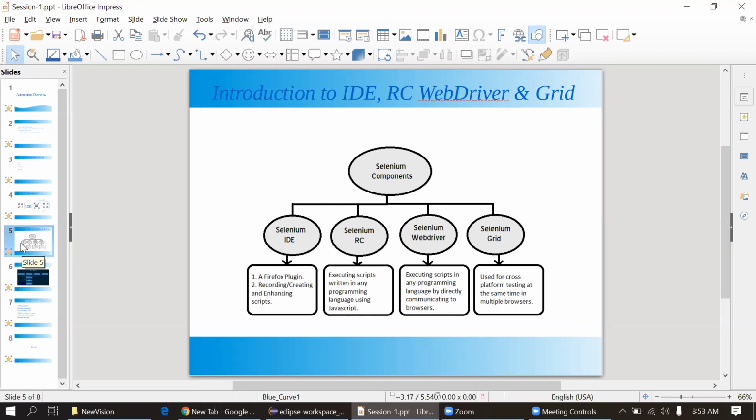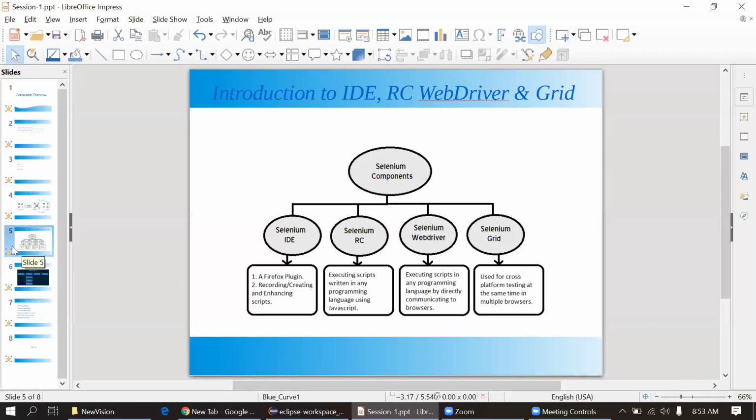And there is no direct communication with the browsers. For example, I want to run regression on Chrome, Sanity on Firefox, and Smoke on Internet Explorer. That time it doesn't work. But with Selenium WebDriver, as it's an independent one, it will communicate with the browsers based on whatever we have mentioned in the framework, and we can execute everything seamlessly. Okay, yes, thank you. Please continue.